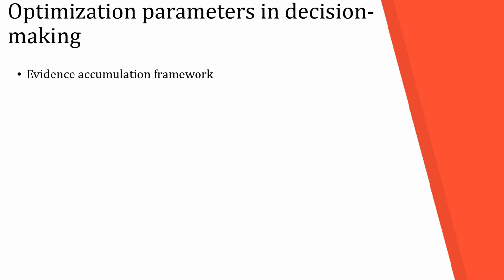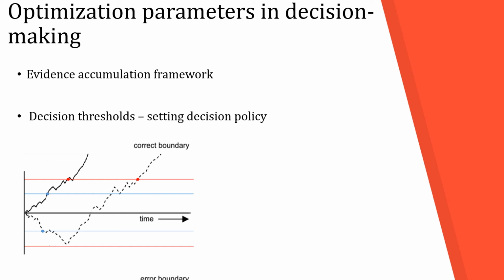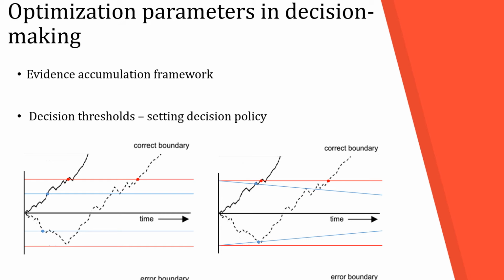Out of all parameters in the evidence accumulation framework, decision makers have the most direct control over selecting these thresholds, essentially allowing the decision maker to set a decision policy, which dictates when a decision is made, which in turn determines the amount of reward rate the individual can obtain. So when talking about optimizing gains in decision making, it makes sense to consider threshold-related parameters, such as their height or their gradient, the rate of change over time.